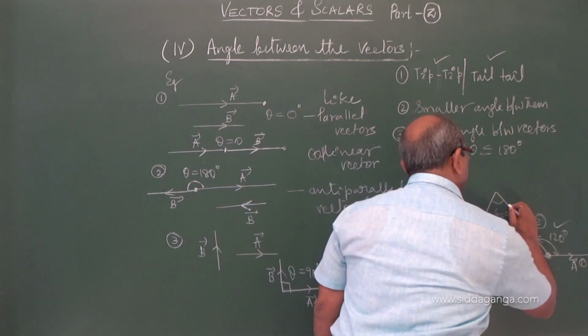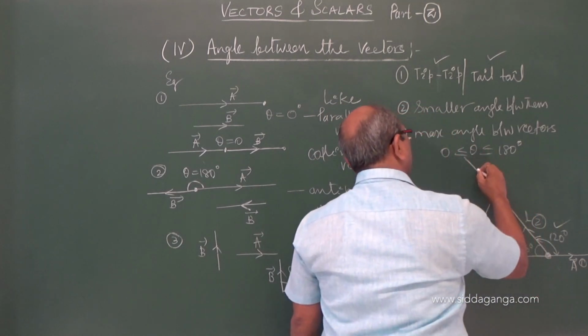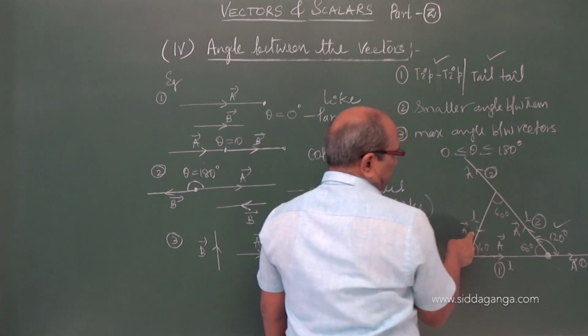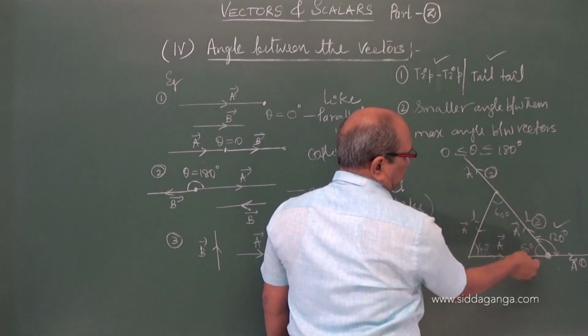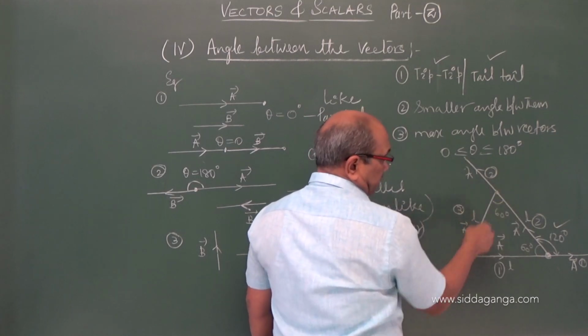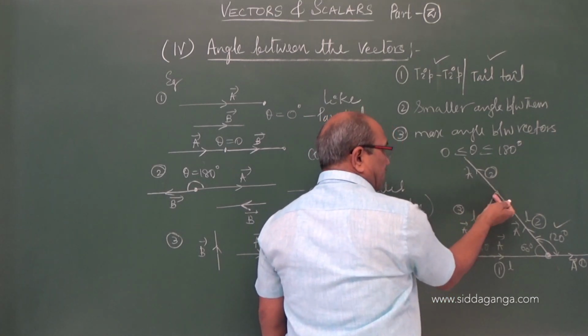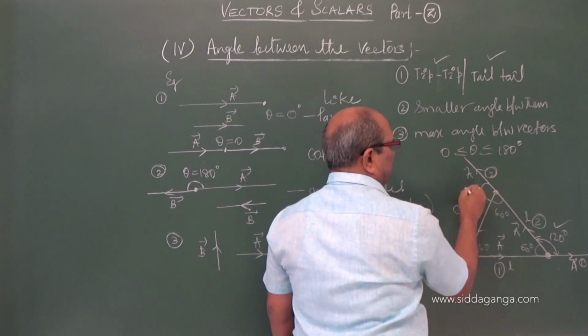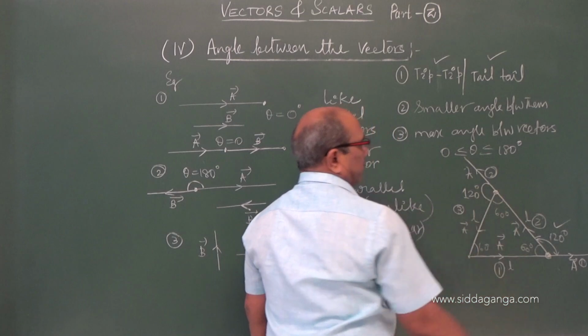Similarly, if you see vector 2, you have to extend it here with respect to this, because it is the tip of the second vector, joining with the third is not possible. To make the third one tail to tail, you shift the second one so that they join tail to tail, and again the angle becomes 120 degree.